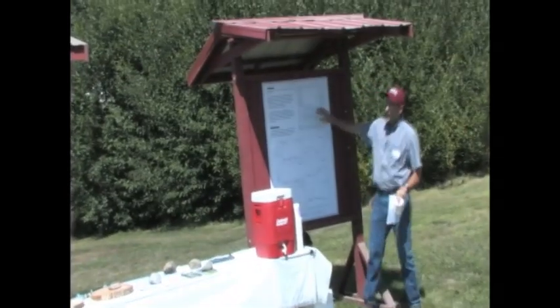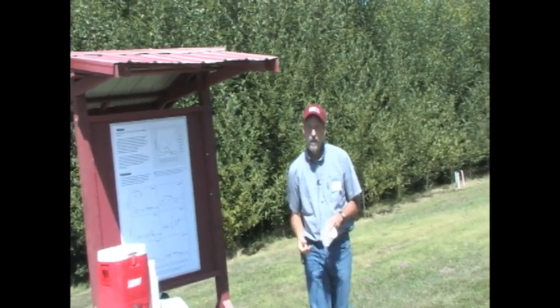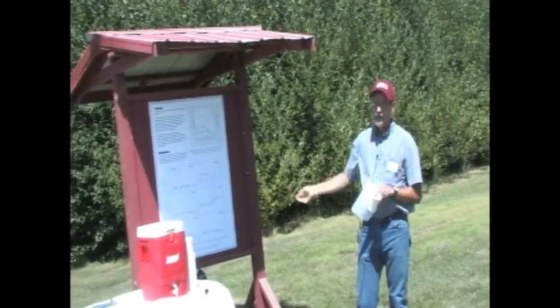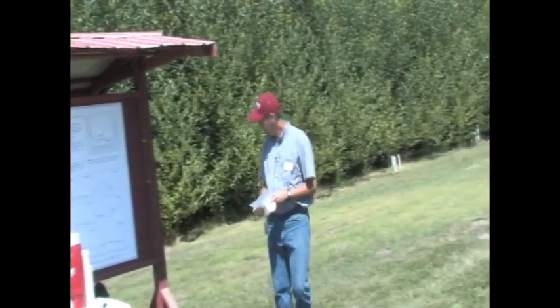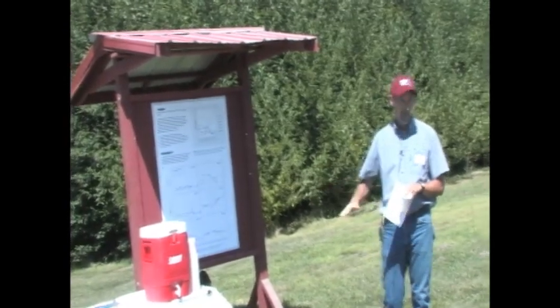So when you look at, on this graph, nitrate influx going into the buffer, you can see in this alder plot down there, our nitrates are increasing over time. And same with this grass plot right in here, whereas down over there, we see actually sort of a decrease in nitrates over time. So one of the things we do is measure the overall efficiency of the buffer in reducing groundwater nitrates by calculating, or essentially subtracting what's at the bottom from what's at the top and turning it into a % difference. And what we found was that even though this grass plot is getting higher nitrates over the year,